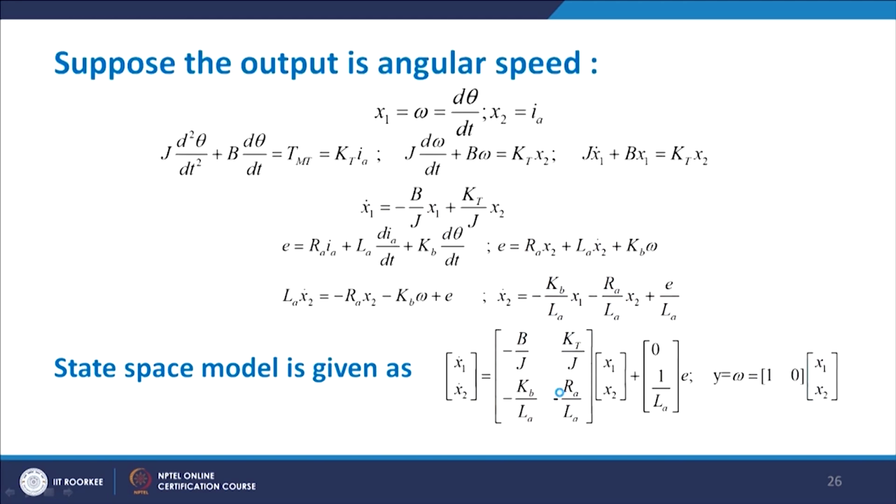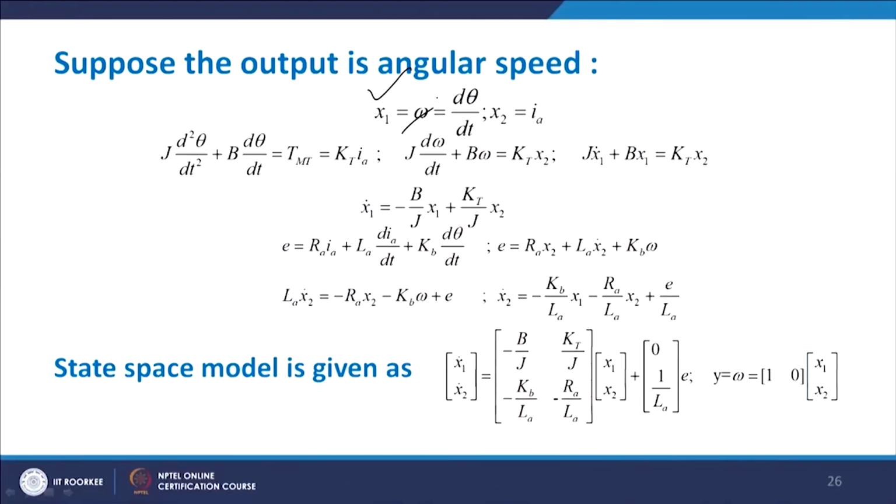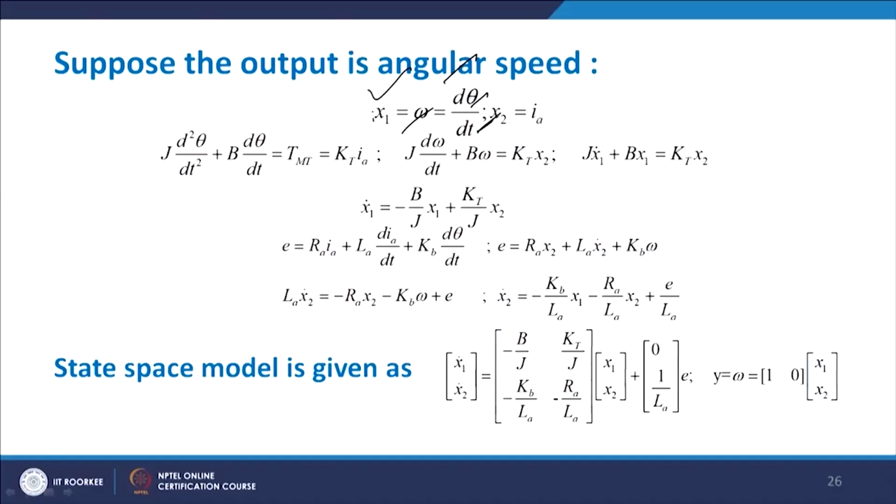Now here we want the output to be speed; just like position we have taken, now it is speed. So now we have to change the variables. My first variable is x1 equal to omega equal to d theta by dt. There is no need for a position variable here because we require speed. If we want position, we take x1 equals theta, which we saw last time, but here our purpose is speed. Therefore we have taken d theta by dt equal to x1, and